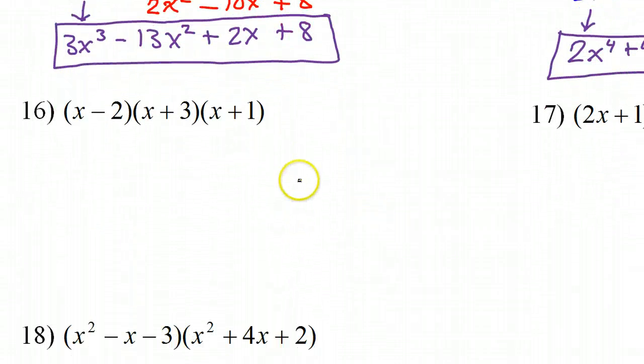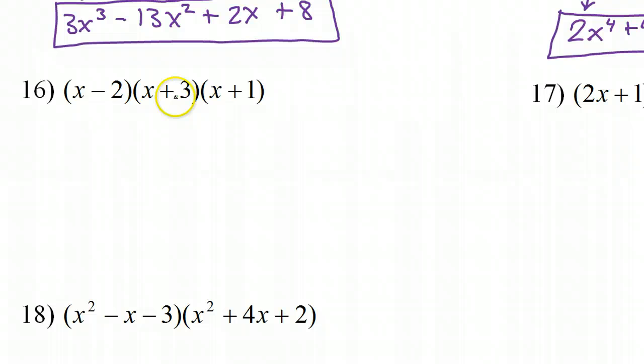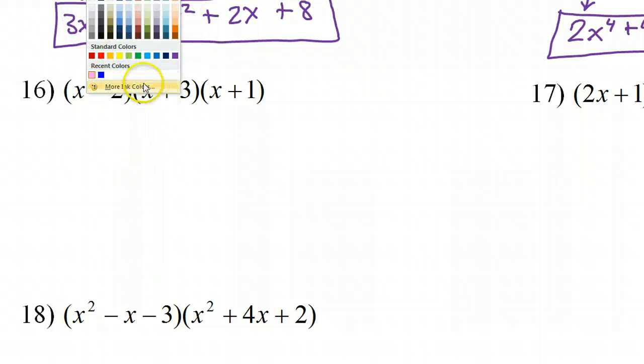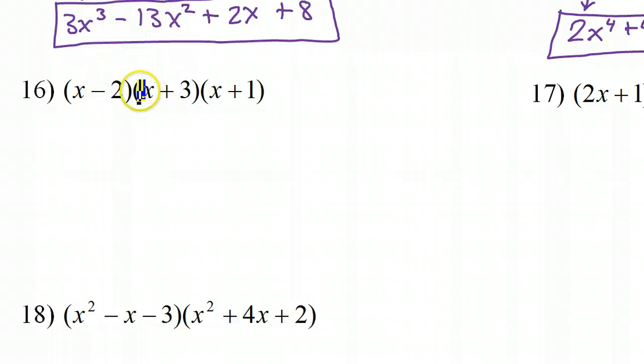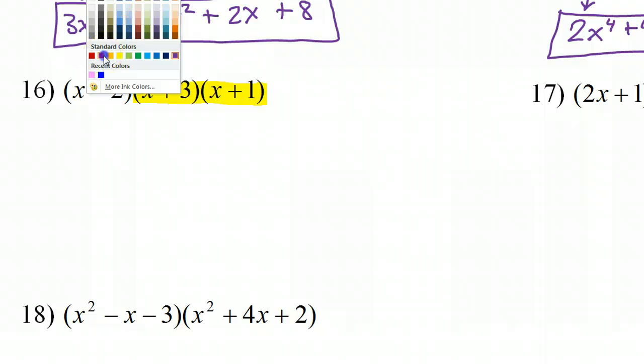Alright, number 16. Alright, well, if I want to multiply 3 binomials together, the key is to just do 2 at a time. So this is what I'm saying to you people. What you really want to do is start off by just doing these 2. Alright, forget about the other one. Just do x plus 3 times x plus 1. Okay, so if I do that,